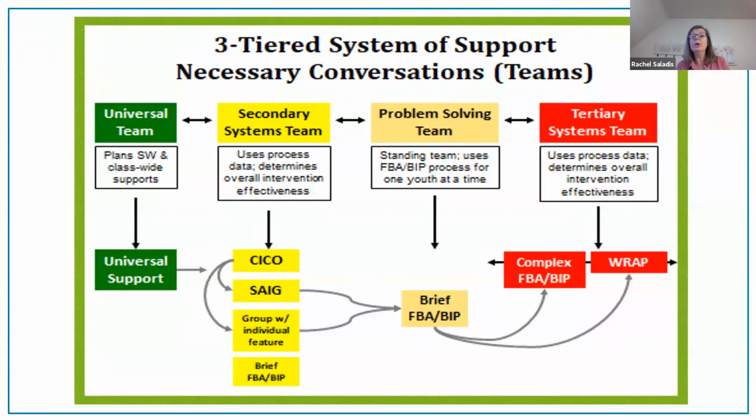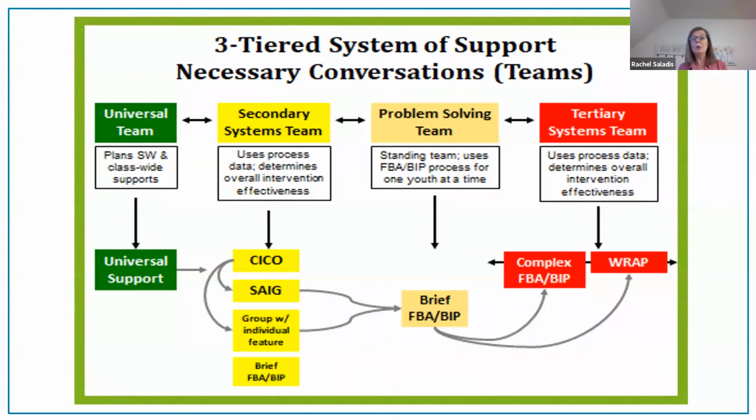For example, universal supports includes instruction and feedback to all students provided by all staff. Tier 2 implementation includes identifying specific interventions like check-in, check-out, and others that are available for students at the earliest indicator of need. Facilitators of group interventions might be classroom teachers. They might be others in your school. But regardless, or in addition to that, your full staff will have roles in tier 2 implementation.